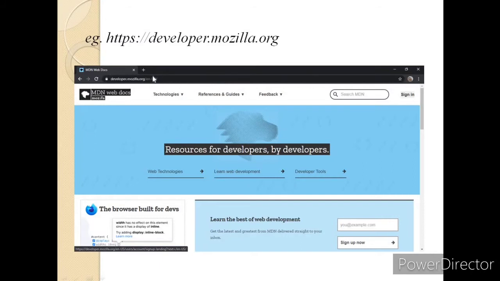If I type this address in the address bar, you will be directed to Mozilla's web page. This is called a URL. HTTPS is the Uniform Resource Locator.